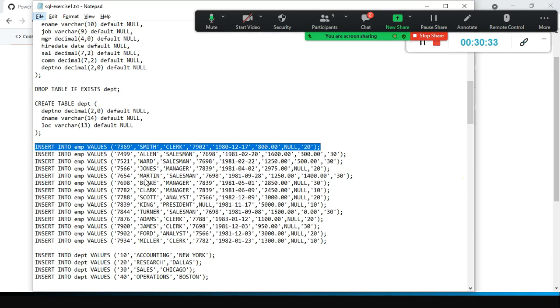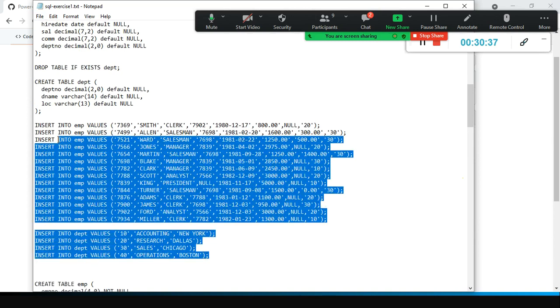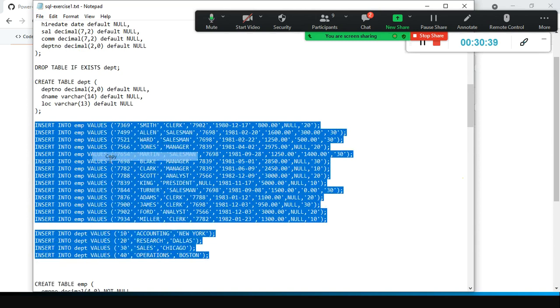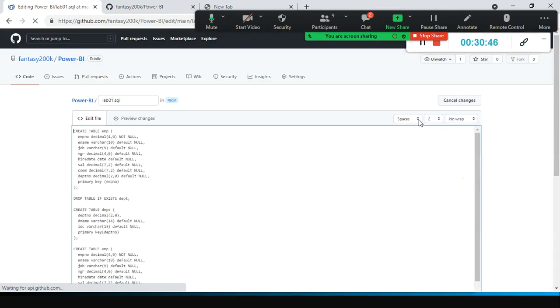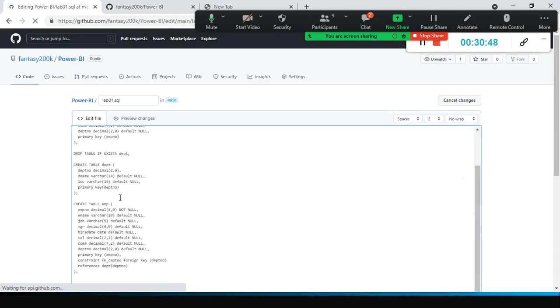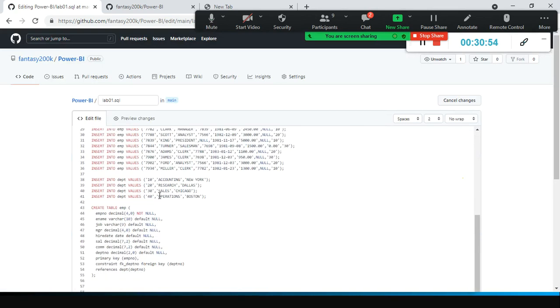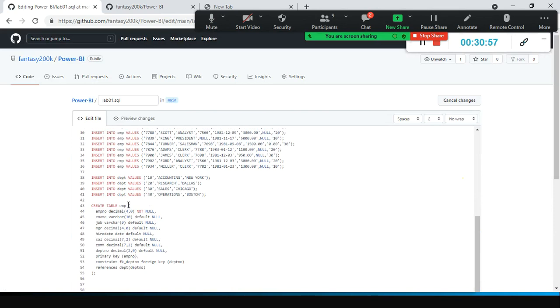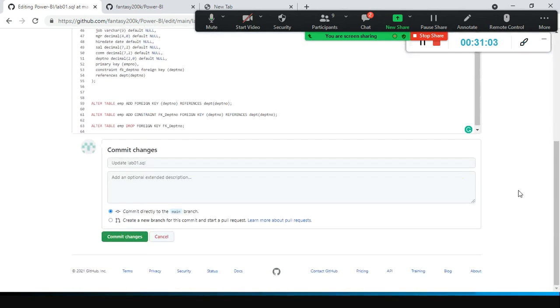Next, you can go to... 1 second, I'll just copy paste everything, including this one. Okay, the freshers, or those of you who are completely new to programming, you can go to this link of mine and then simply copy paste it in your local setup. And then okay, that's all. I'm going to save it now. How do you save it?